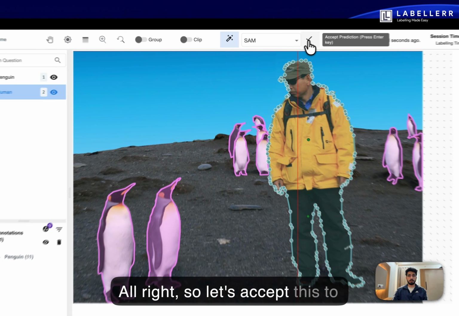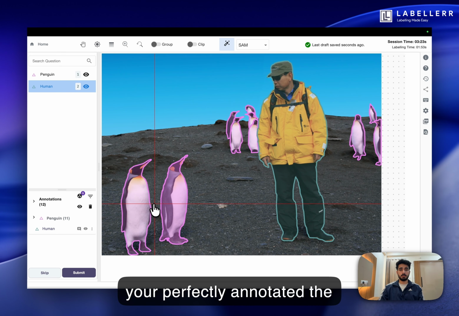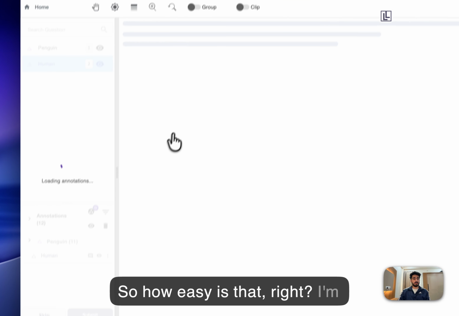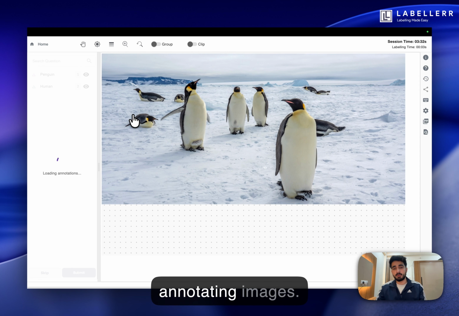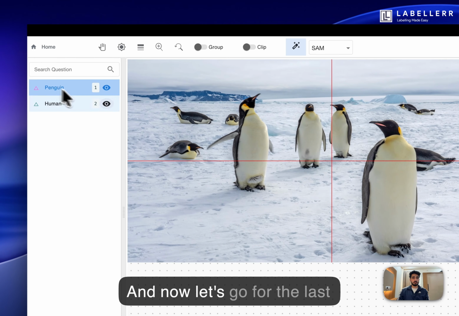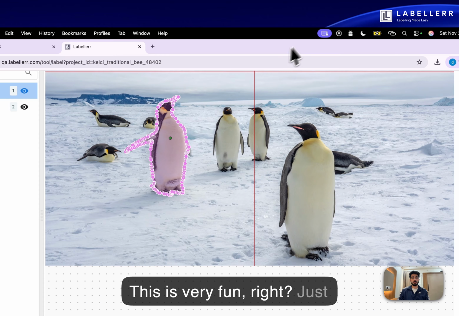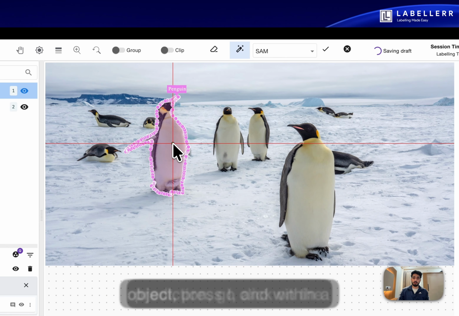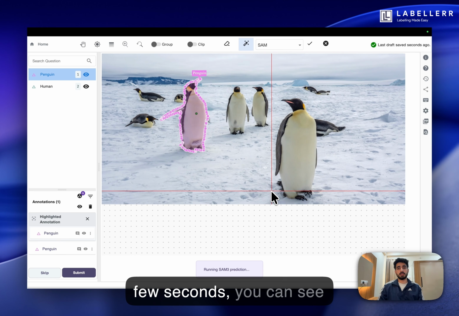All right, so let's accept this too. We have perfectly annotated the penguins and the human. So how easy is that, right? I'm really loving this way of annotating the images. And now let's go for the last one. This is very fun, right? Just annotate one, accept the prediction, click on the object, press I, and within a few seconds you can see